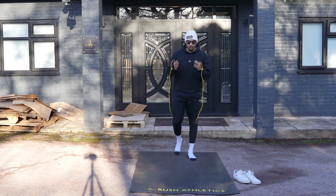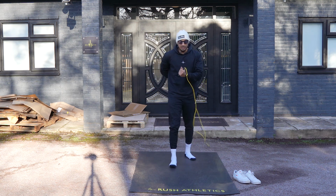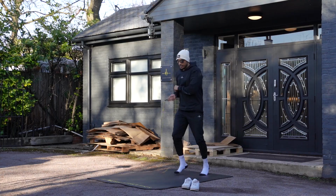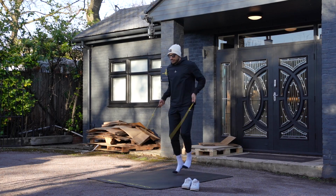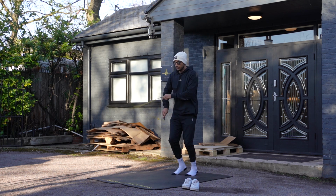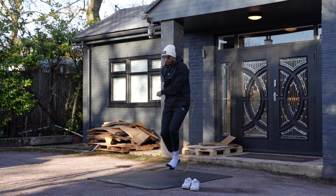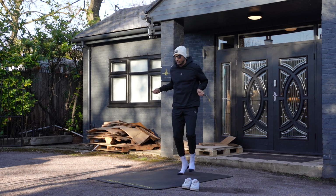Then it comes down to footwork now. So you've got the wrists and the arms fixed, rotating smoothly. Now your feet, you could do a couple of different things, right? You can go basic bounce, which is something that I don't really tend to do anymore, but you could just go like this, come out with a side swing, or you could just go boxer step, which I like to do. So it kind of just looks like this,